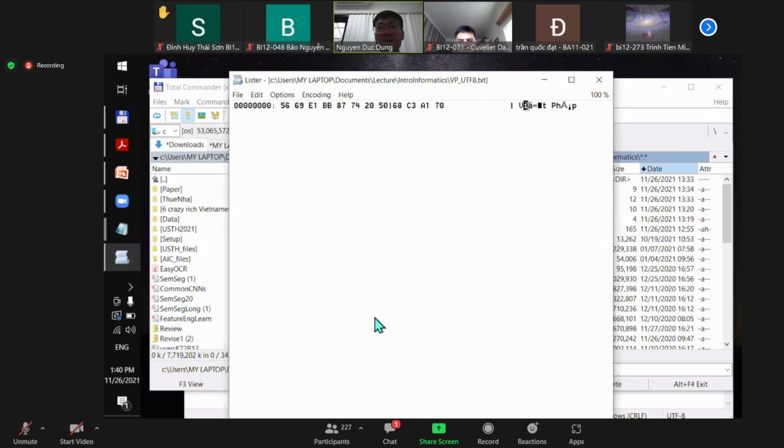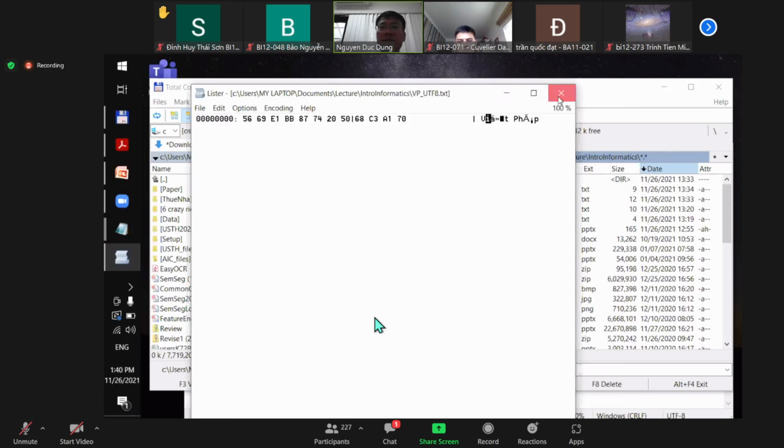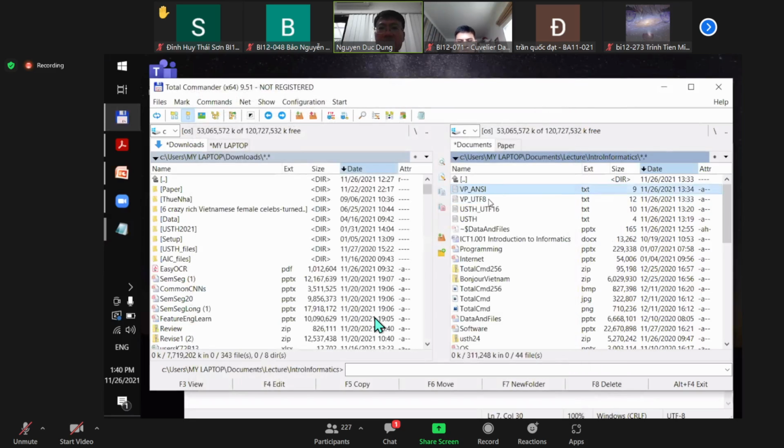The character I in ANSI encoding is 69 in hexadecimal and so on. 1 byte for 1 character. Okay, it's easy to understand. This is for the ANSI. Now for the UTF-8,